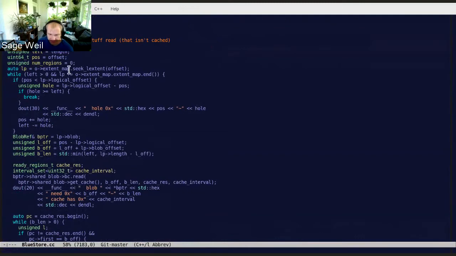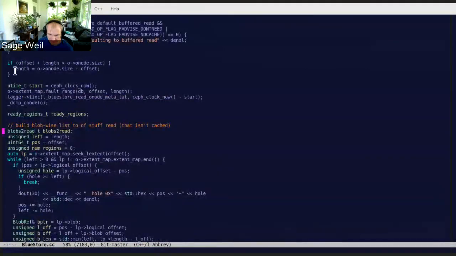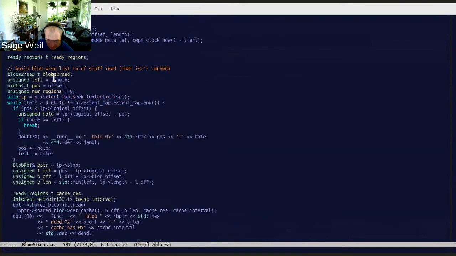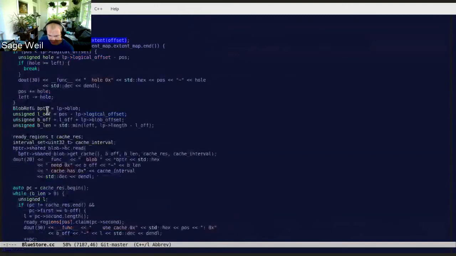So we have a region of the object that we're going to read. I haven't read this code in a while, so hopefully I can remember here. We're basically going to build a map of all the blobs that we have to read in order to satisfy that request. So we're going to start at the initial offset in the extent map, and we're going to walk the extent map. And for each one of those, we're going to figure out which blob it is, which portion of that blob we want to read. We're going to build a map of